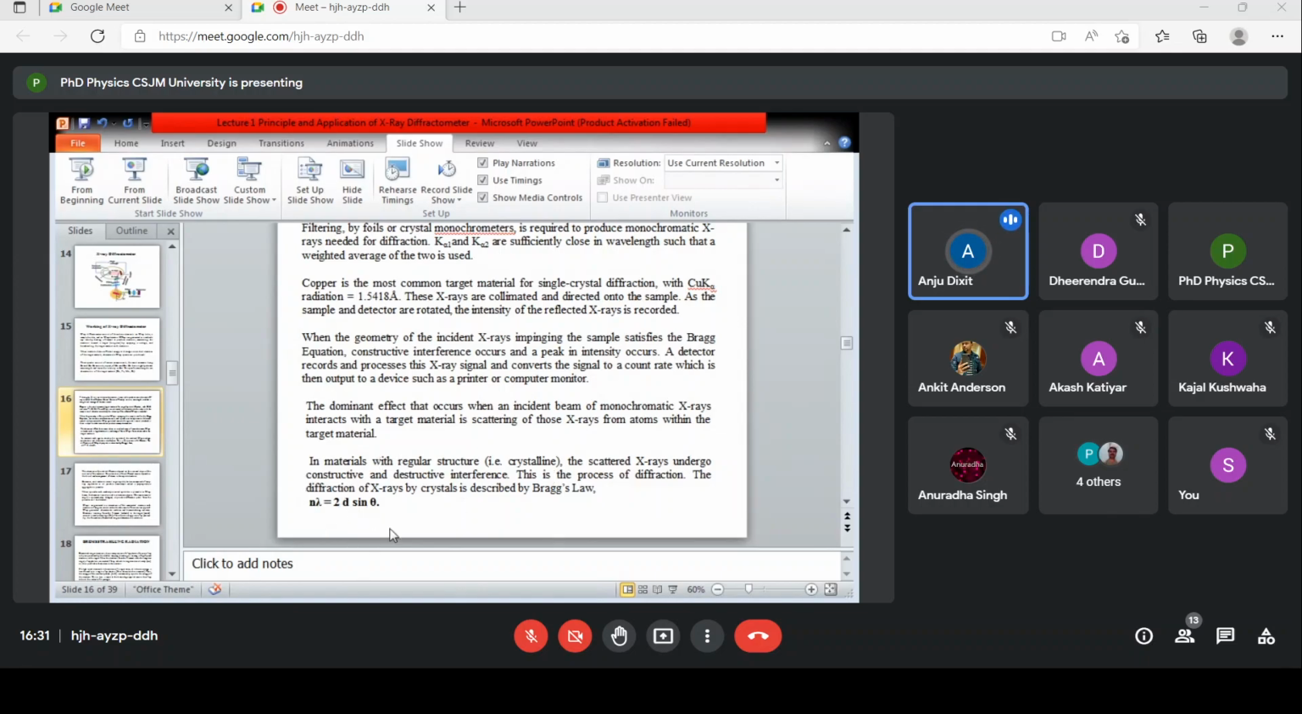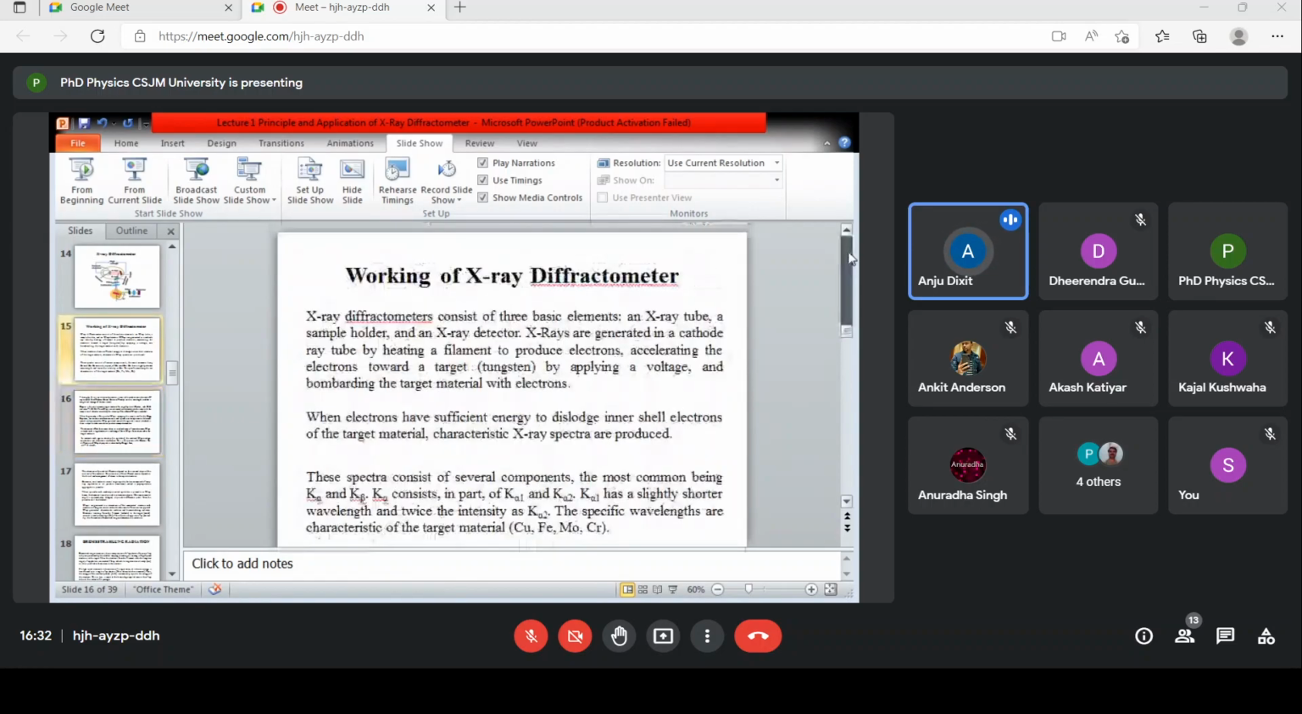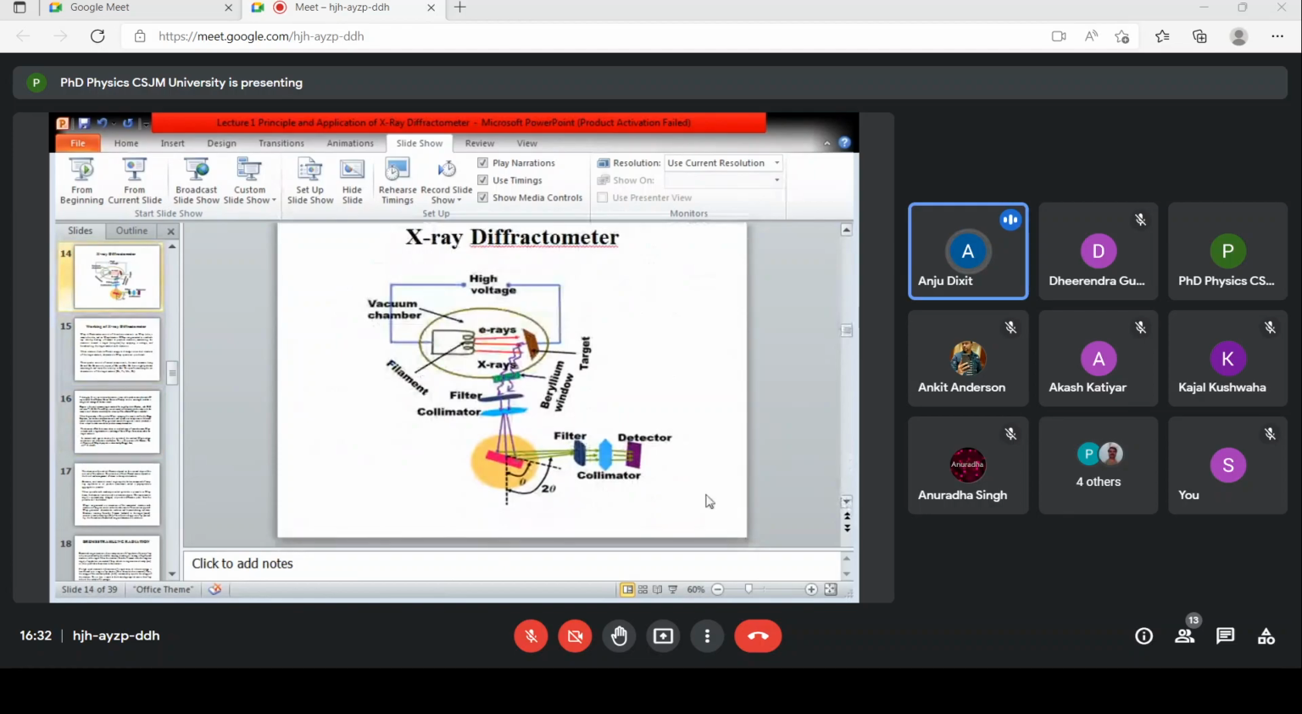तो यहाँ पे जो मेन प्रिंसिपल है दैट इज ब्रैग्स लॉ। तो ये जहाँ पे कंडीशन सेटिस्फाई हो रही है, दैट इज एन लैम्डा इक्वल टू 2d sin थीटा। अब मैं उसी फिगर में जा रही हूँ, जिन्होंने भी क्वेश्चन पूछा है कि यहाँ पे जो एंगल फॉर्म हो रहा है, एक्चुअल में ये 2 थीटा एंगल फॉर्म हो रहा है।